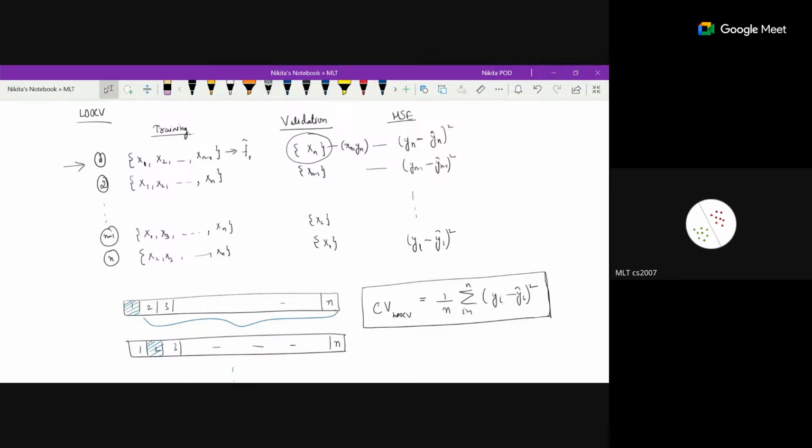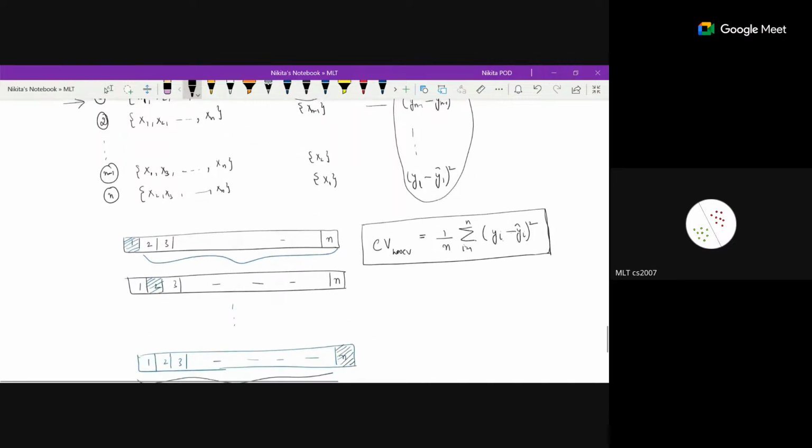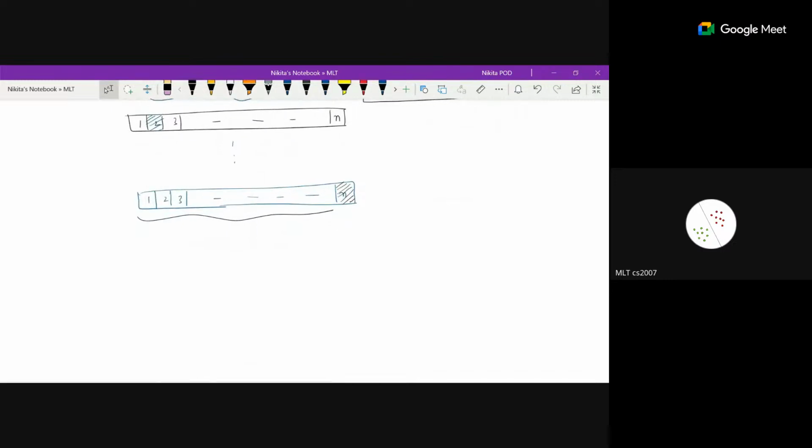So with that change, only this part will change. Since we are talking about regression, we have taken the mean square error. So this was about leave one out cross validation. Now, once we move to the k-fold cross validation,